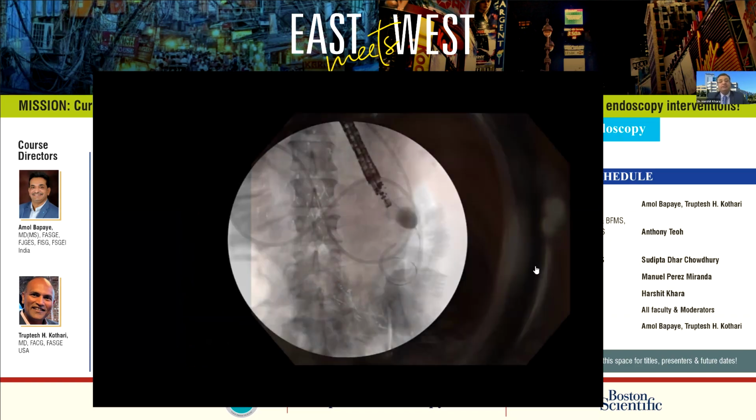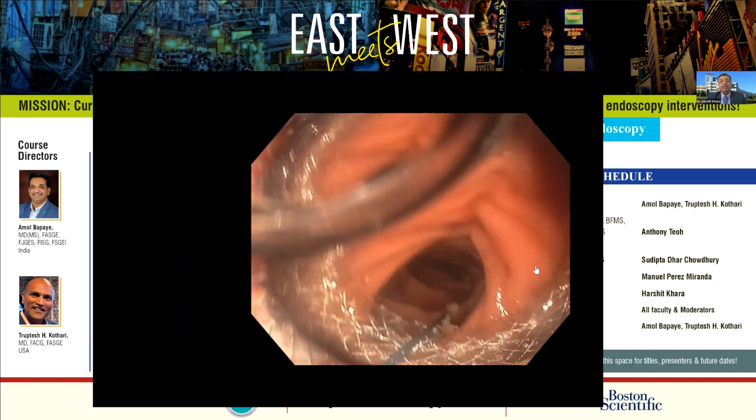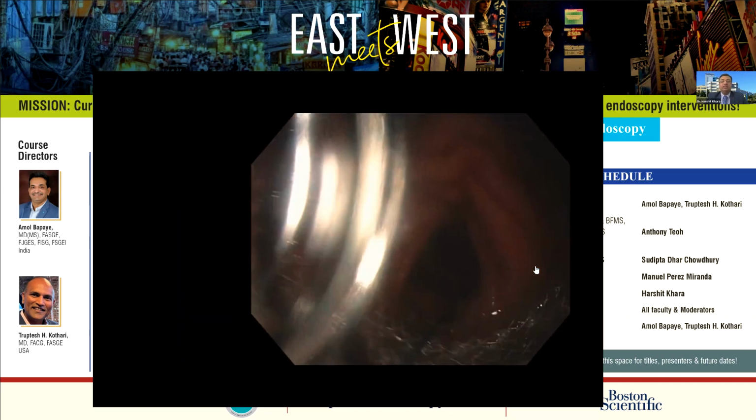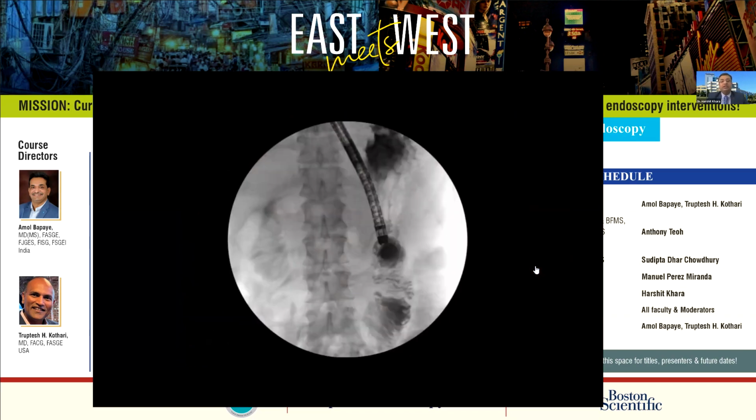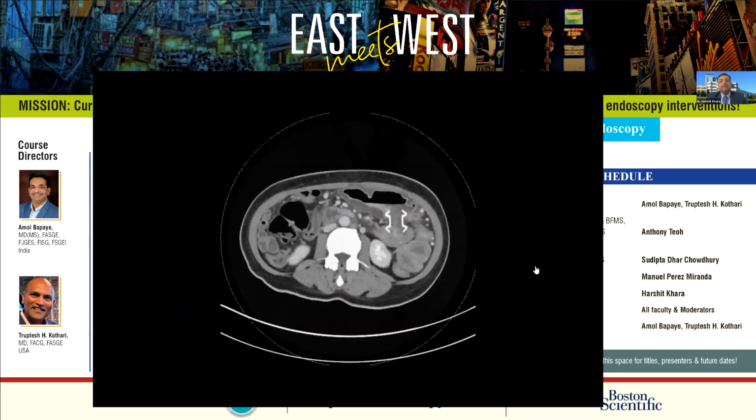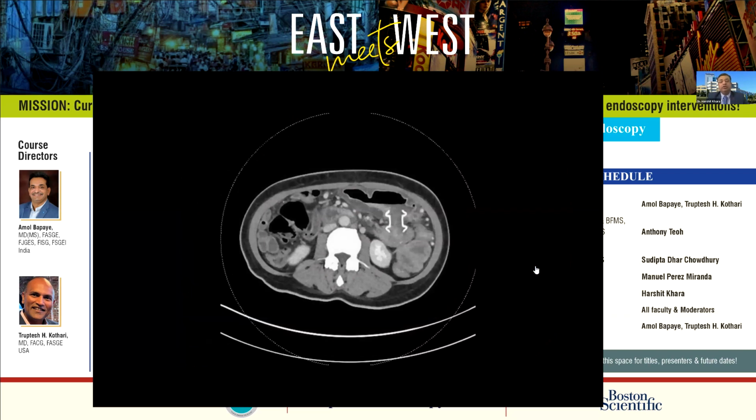I do immediate same-session stent dilation to provide immediate relief. And also this gives me the confidence of looking at the jejunum on the other side. And then this is the post picture showing a patent gastroenterostomy. And the patient is literally able to start an oral diet immediately after the procedure. So the steps that I include are to avoid the issues and complications that Anthony mentioned earlier about misdeploying or puncturing the wrong organ.